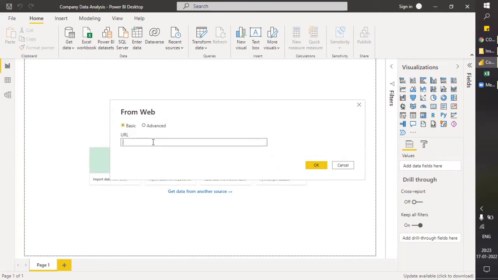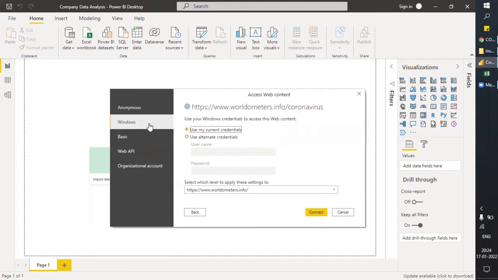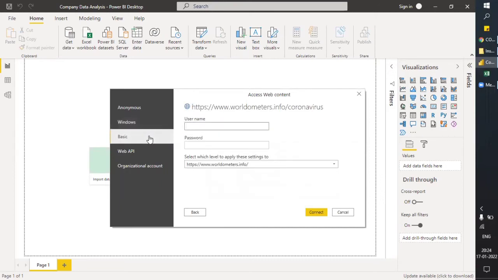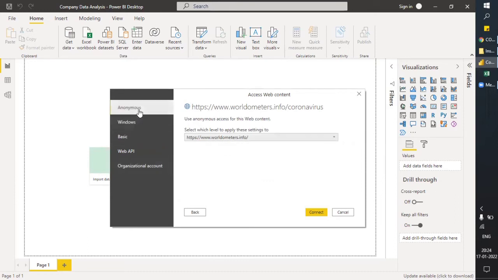You just need to paste the URL here, click Basic and click OK. It will open a window where you can view the web page. It's asking for Windows basic, so you just put in the details and click Connect.